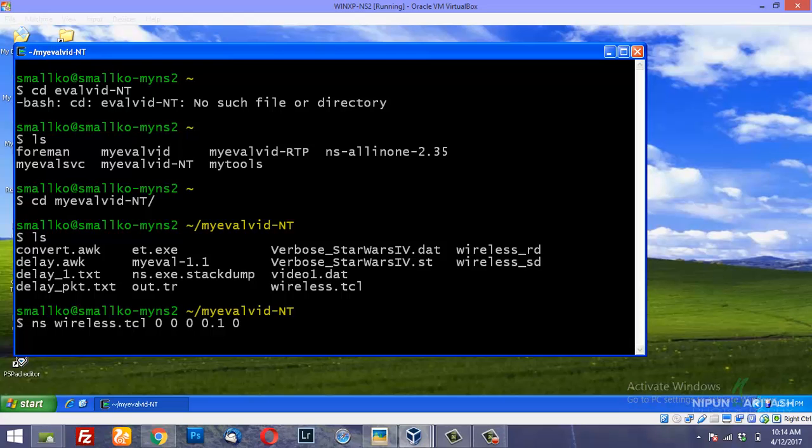You can run the TCL file with a certain channel error rate passed as a parameter during runtime. So if I make it a large value and run it,